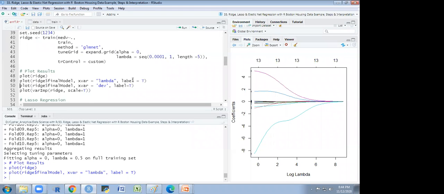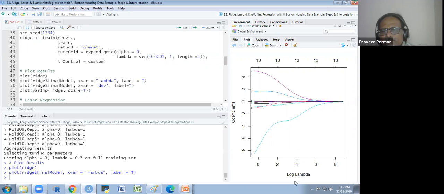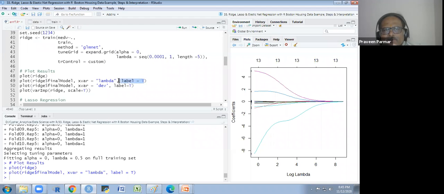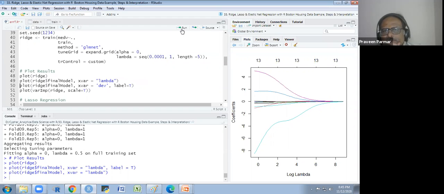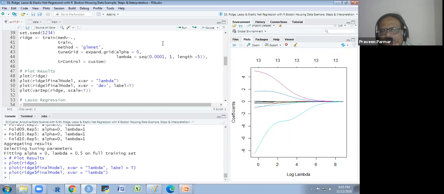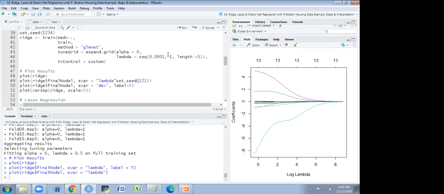If you remove it, the labels will not show. No, these are the labels only. I will remove it for you, and you can see it. The labels are not there.